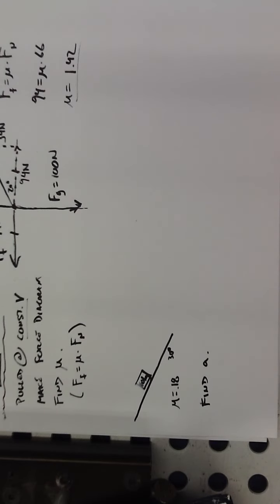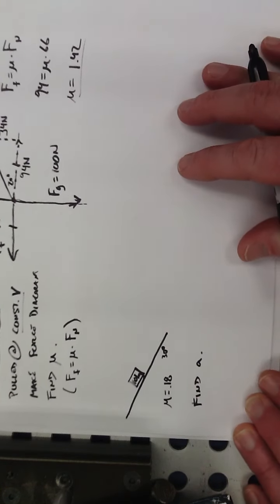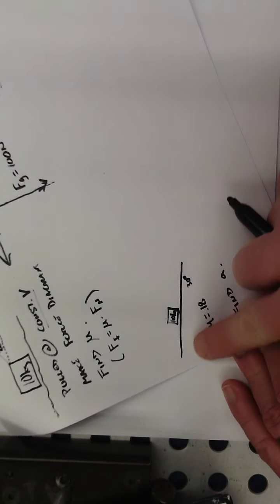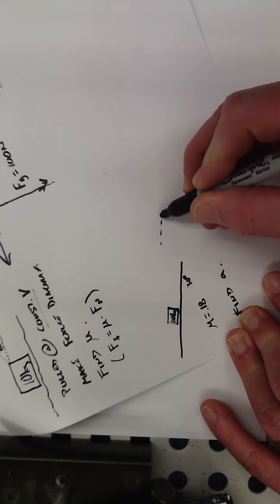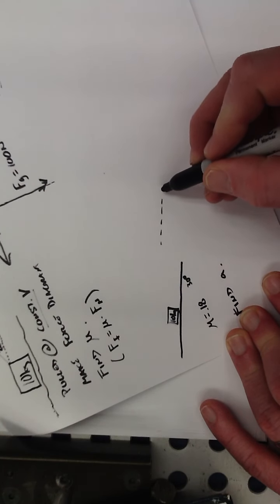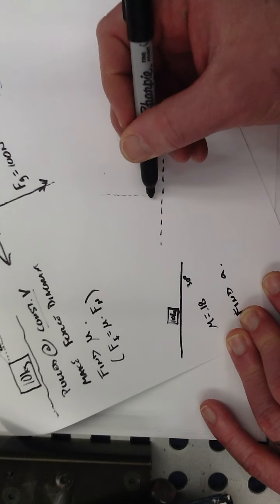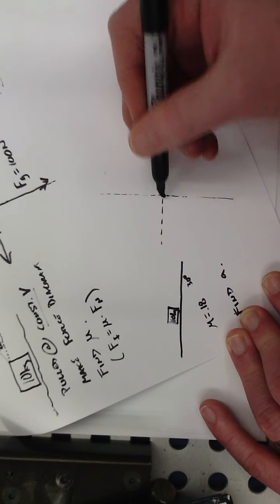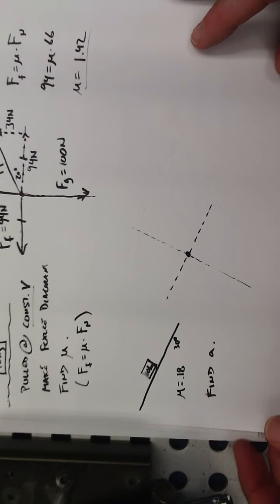Okay, so I'm going to make a force diagram, because that's what you do. This is on a ramp, so that means that I'm going to tilt my paper to the side so that it looks like it's horizontal, and then I'm going to make a dotted line straight across. And I'm going to make another axis perpendicular to that. Use a ruler for this if you like. Okay. And then just for a minute, I'm going to go back to this